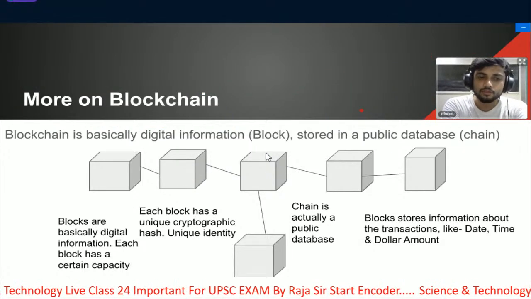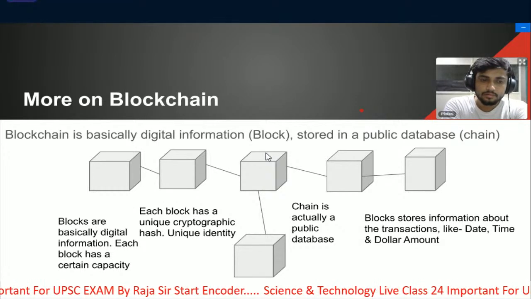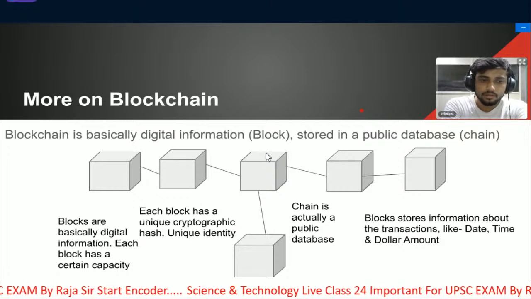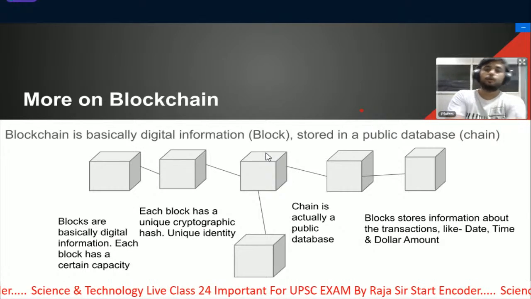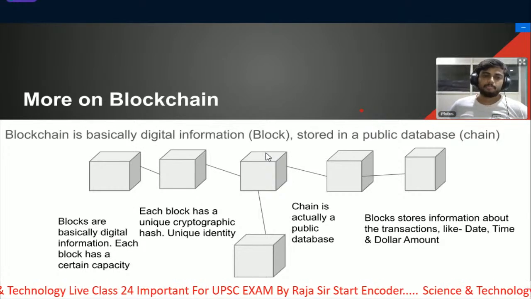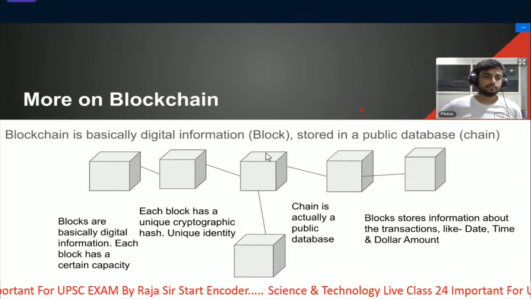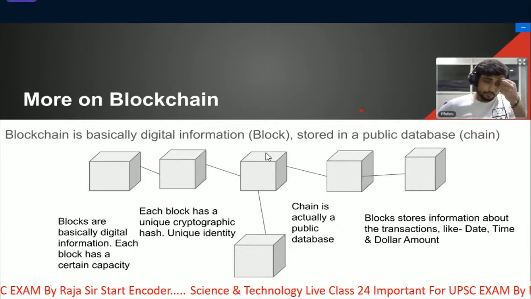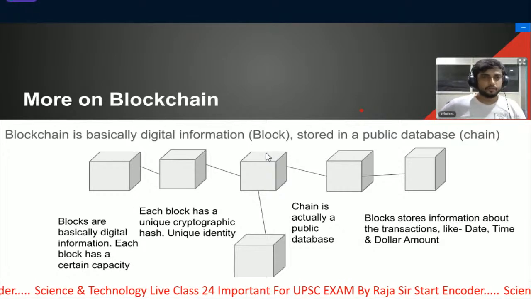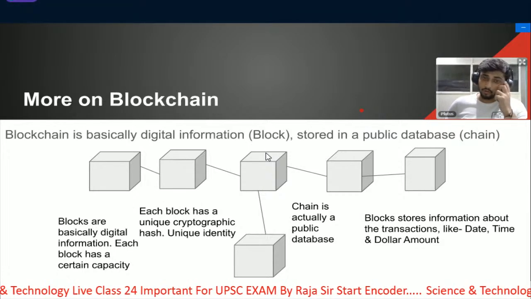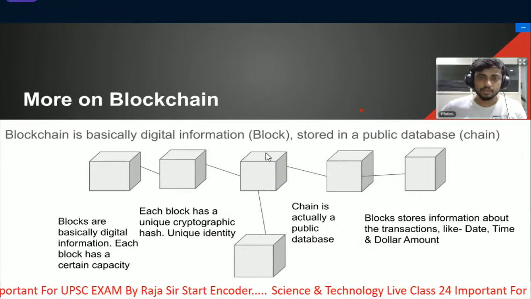Because it is decentralized, no one is controlling it. If you are the captain of a team and there is one member in your team who is not under your control, who is not following your commands, will you accept him? You will never accept him. So there are trust issues. And since no one controls the blockchain, it is a decentralized technology, and the government does not like things which are not in its control.